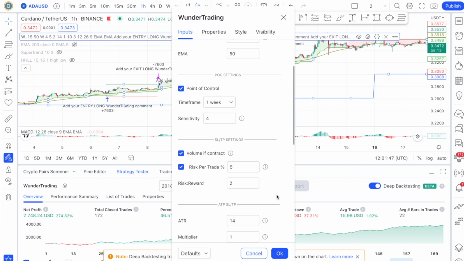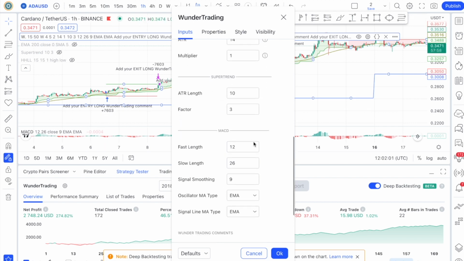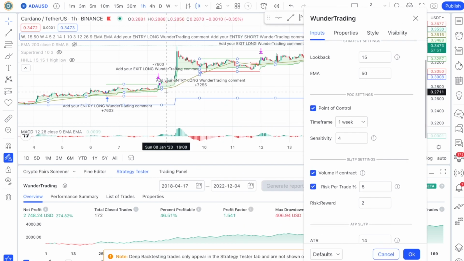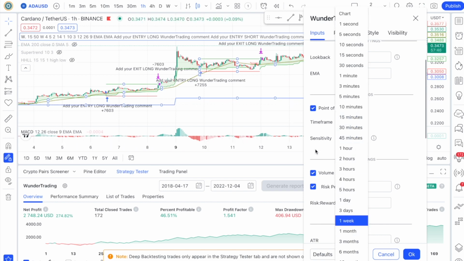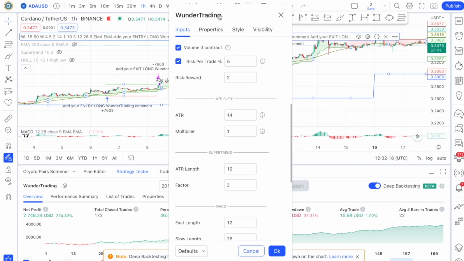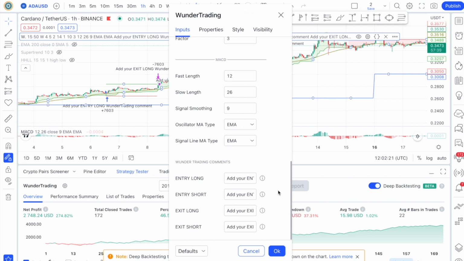An important option is a volume in contracts. By enabling or disabling this option, you will change the calculation of the position, it will be either in contracts or in dollars. This is done in order to correctly transfer the volume to WunderTrading platform. We have also added an additional filter during optimization, this is the point of control of the previous day. You can choose a period that is more interesting to you and use it to optimize this strategy on other assets. The last block of settings is related to comments from the WunderTrading platform that we need in order to